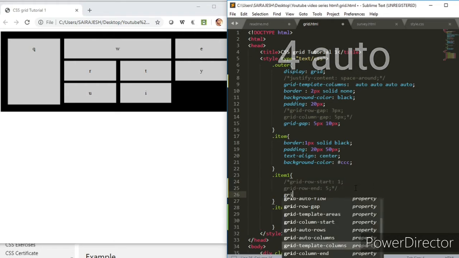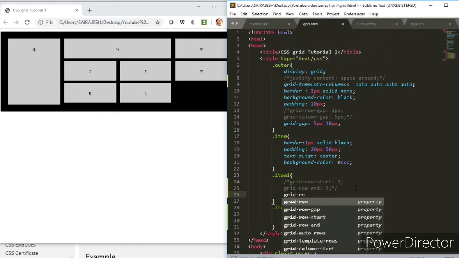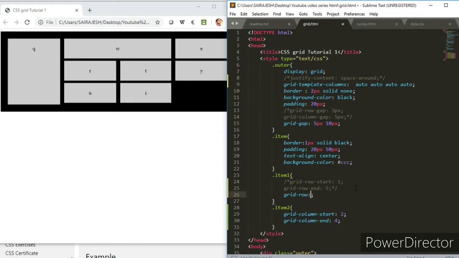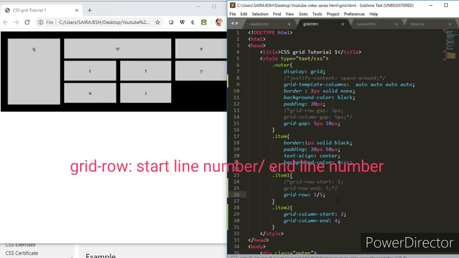So you can type in grid-row. For the grid-row you can just use grid-row, and then you can put this thing. There are 2 ways of actually using it. I'll show you both of them. First we'll do the first way, that is 1 / 5. So you do that, it starts from 1 and then it ends at the 5th row.